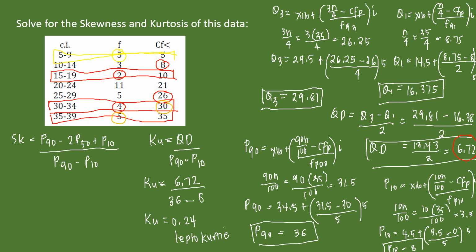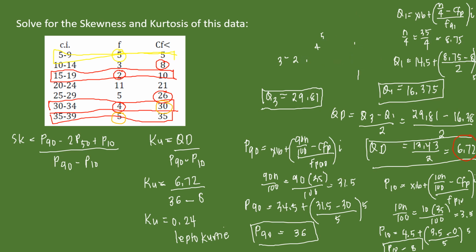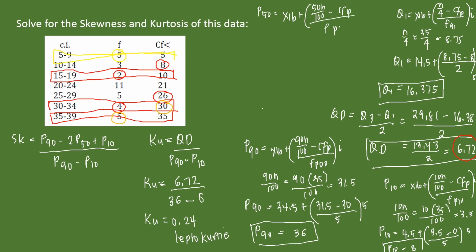Now let's solve, we actually need P50, right? So I'll just erase some parts here because we need P50. We need to solve for P50 in order for us to solve for the skewness of the data. Okay, so let's have P50, and P50 is lower boundary plus 50n over 100 minus CFP over f of P50